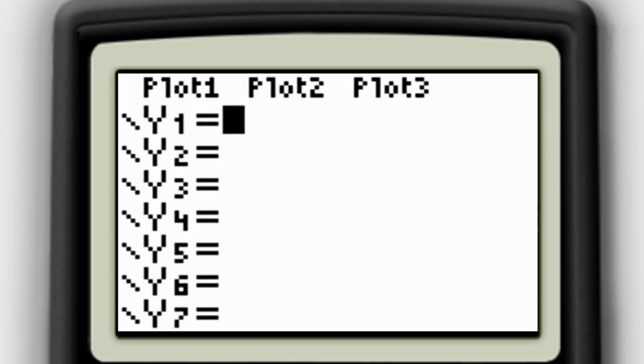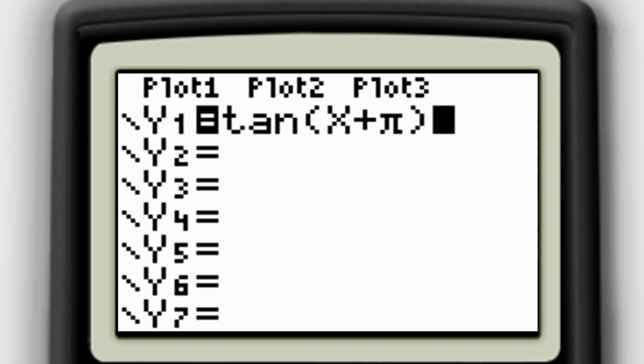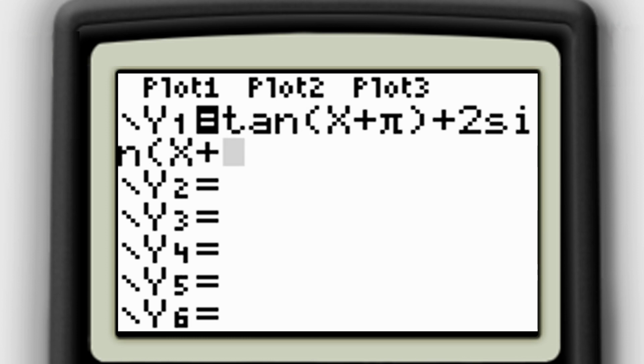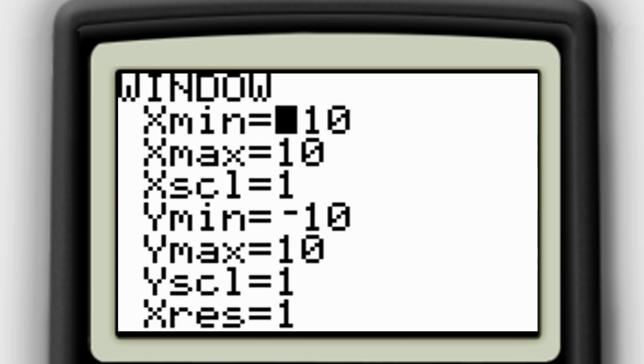Now let's go ahead and confirm this with a graphing utility. With our graphing utility, we go into our function input, and for our window, we'll take something similar to what we have here. And if we press graph,